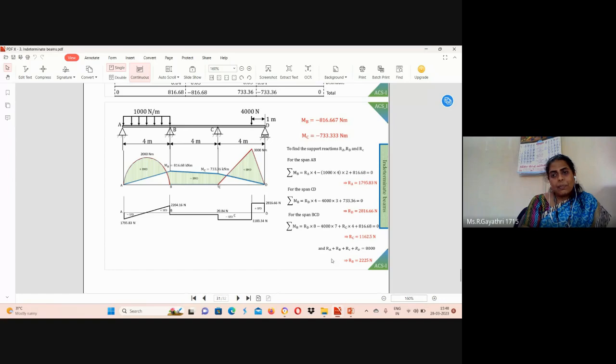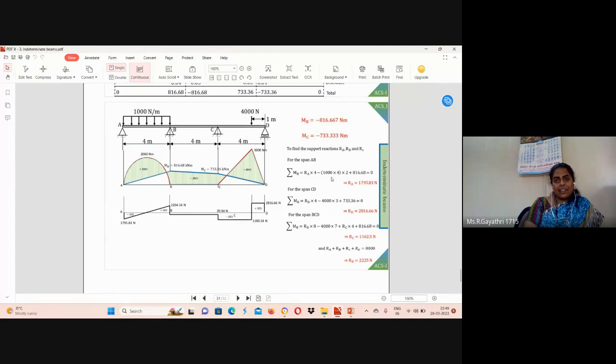Okay, we know that RA plus RB plus RC plus RD will be external load 4000 plus 1000 into 4, together 8000. From this we can find the RB value. Okay, please note this method. Sometimes we need to use individual span AB and CD where we can see external force, but we can see support reactions because of the effect from previous support. So after finding RD